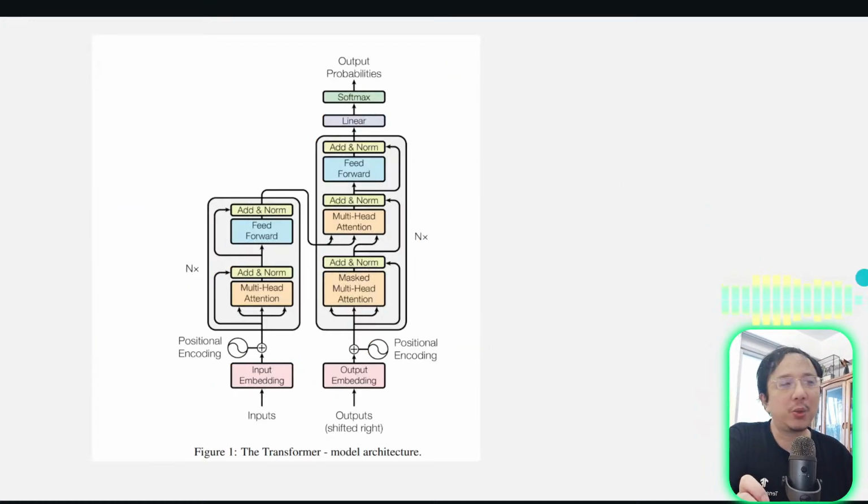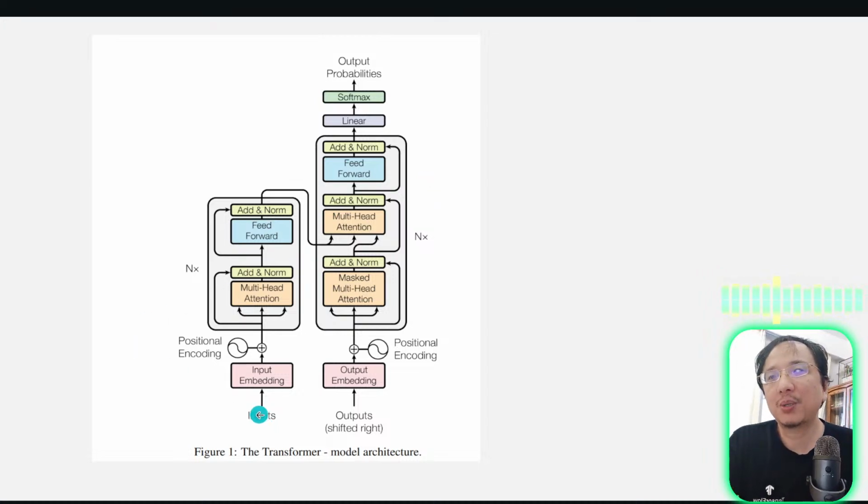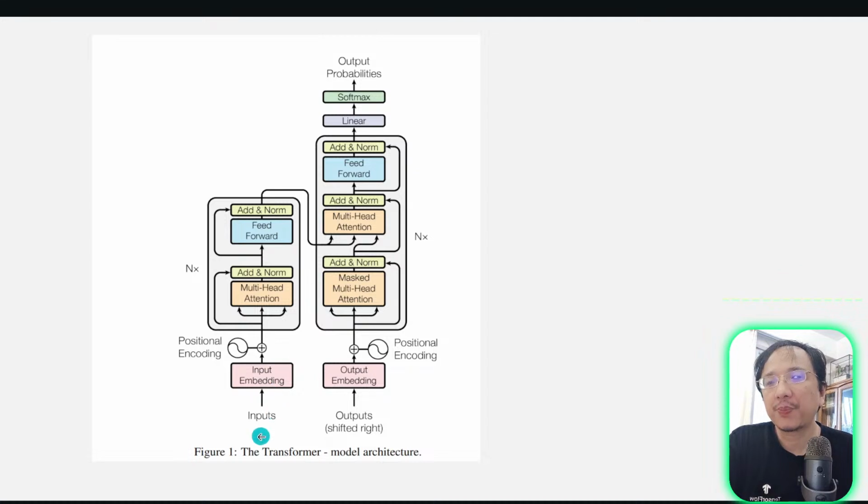So let's recall the architecture of the transformer. This is the architecture of the transformer. We have an encoder right here, and this one is the decoder. In each one of them, they have several transformer blocks, like we saw before. So for the input embedding,